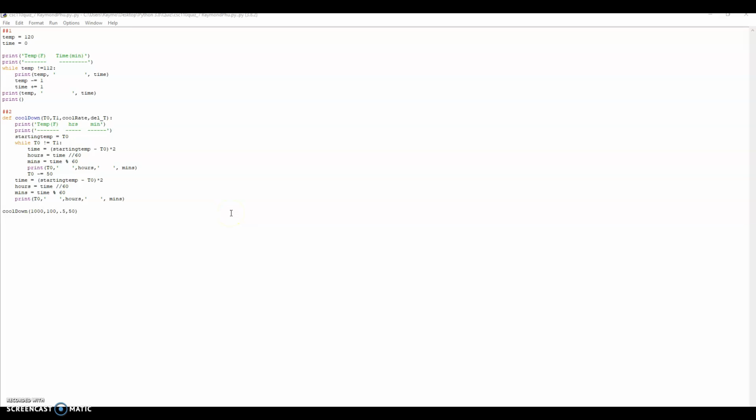Today I'll be explaining quiz 7, question 1. First thing I did was assign 120 to temp and then 0 to time. This is the starting temperature and this is the starting time. And then I have my two print statements, which is temperature and then time and then some dashed lines to